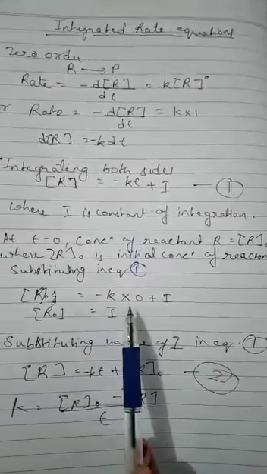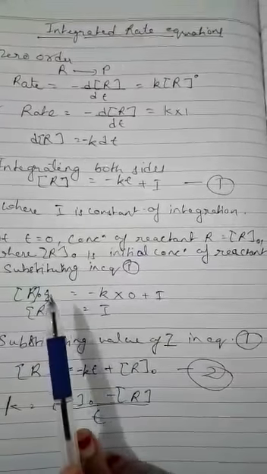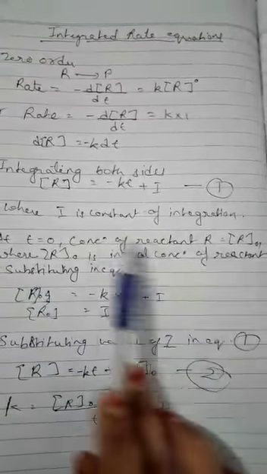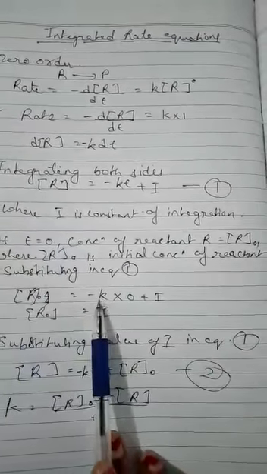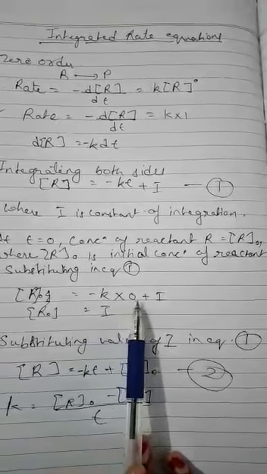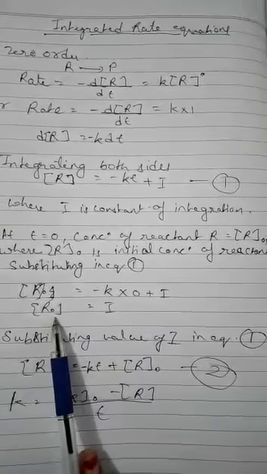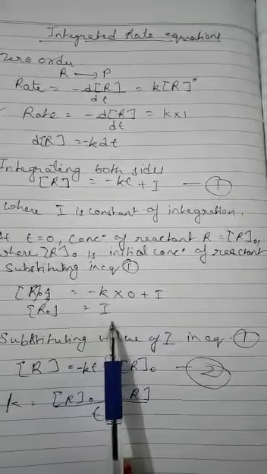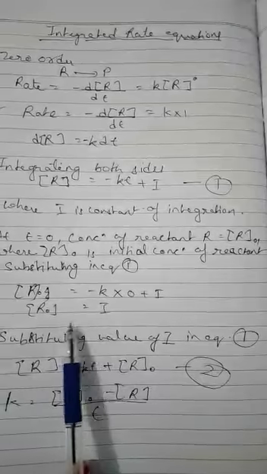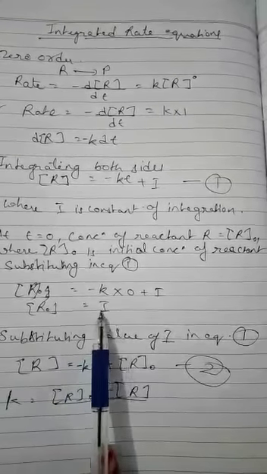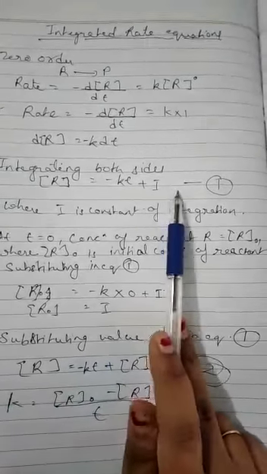So 0 and minus k, we will write it as it is, I will be written as it is, and here we are taking initial concentration of the reactant, that is why we are writing it as R naught. Okay, so if this k will be multiplied by 0, then this whole value will become 0 and we will be left with I. So R naught in this case will be equal to I. Or you can also say that I is equal to R naught. Okay, so we will put the value of I, that is R naught,